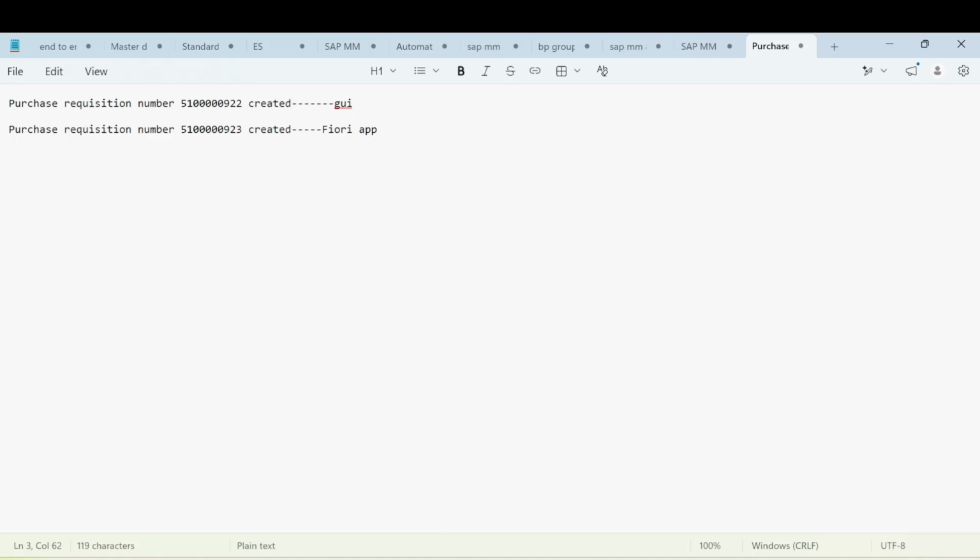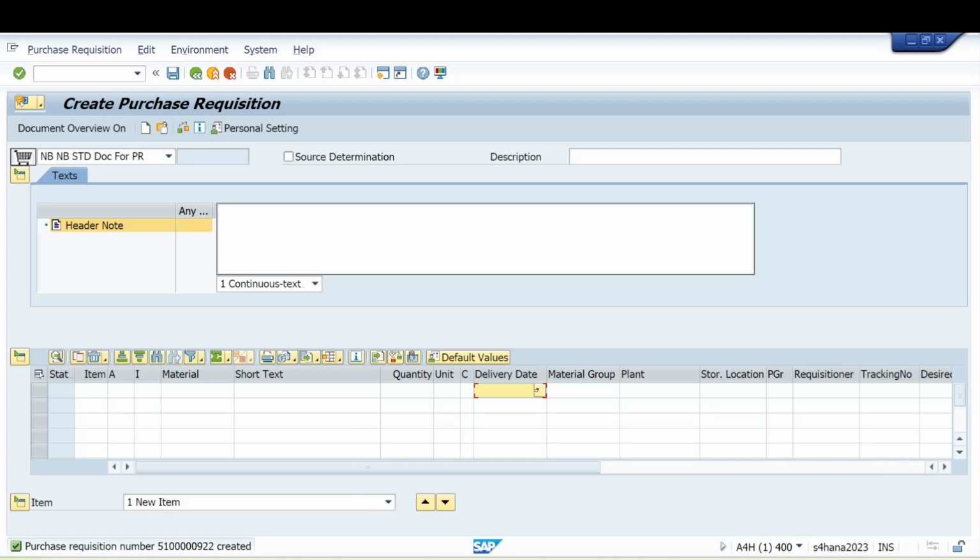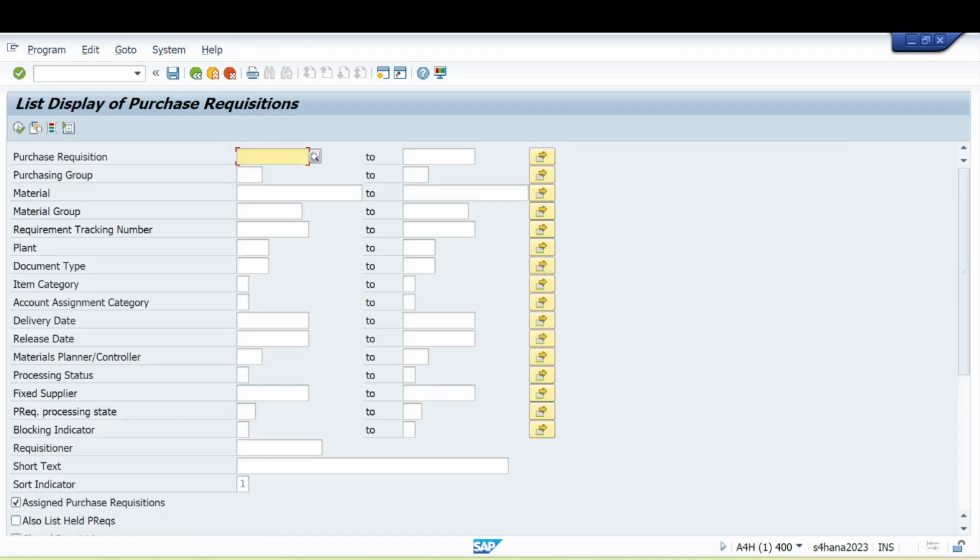And we can see both purchase requisitions in GUI also. Let me show you how we can see the list of purchase requisitions using T code ME5A. Let me give the material 4542 and let me give the date.